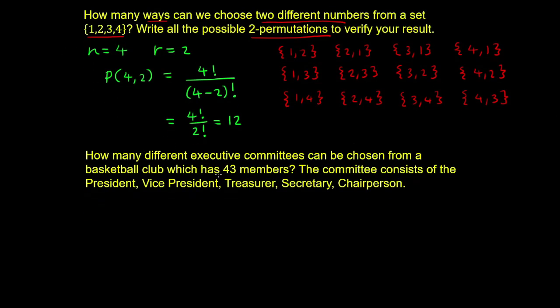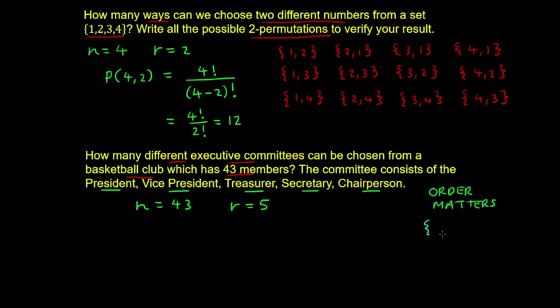Now in the next example, we're asked how many different executive committees can be chosen from a basketball club which has 43 members. So here we have n is equal to 43. And the committee consists of the president, vice president, treasurer, secretary, and chairperson. So what we're choosing is 5 distinct people to fill that committee. And here we see that order matters